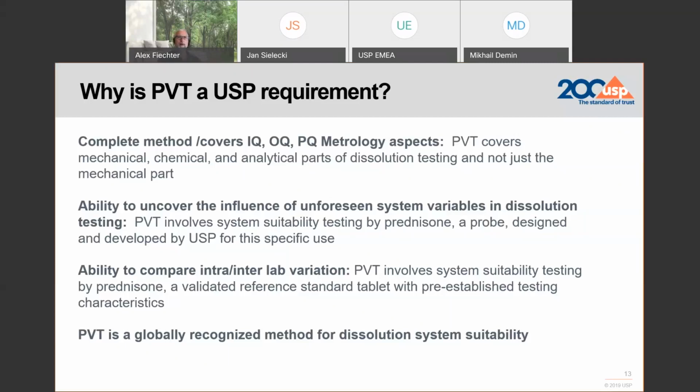And with our way of giving you these recommendations and trainings, I think you are on the safe side in applying the performance assessment for your dissolution tester for various requests from various competent authorities.